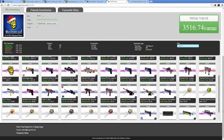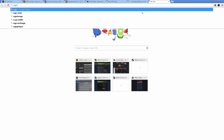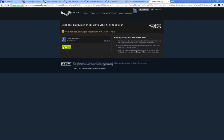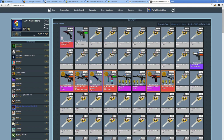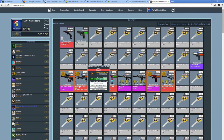It doesn't really load all your keys, which is nice. Kind of condenses your inventory compared to something, for example, like CSGO.Exchange, which would usually load all of your items at once. And as you see, also the value is a little bit off in here. For example, we have just all the keys laid out. Doesn't really condense anything. So in that sense, CS:GO Zone is better, but I also like CS:GO.Exchange because it has